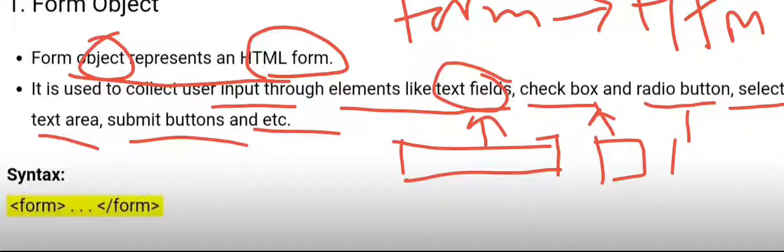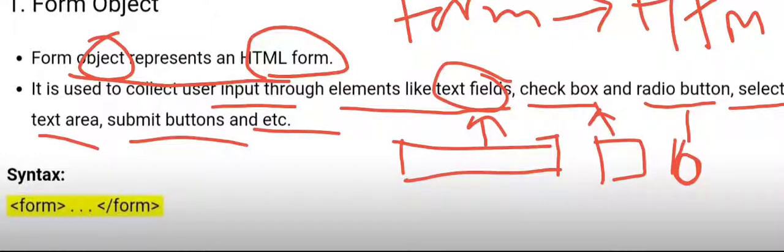This is my radio button. When we have multiple choices or multiple options, and among those choices we can select only one option, that kind of button we call a radio button. Next, we have select options. When we have more than one option, and we need to select one among all the available options, then I use the select option.